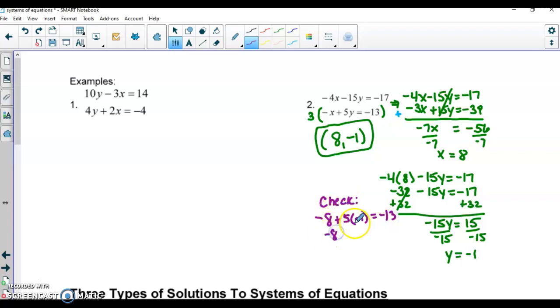So let's see, -8. 5 times -1 is -5. -8 plus -5 is -13. So it does indeed check. It works. So we know we have found the correct solution. So those are the easier of the types of elimination where I'm only multiplying one of my equations by a